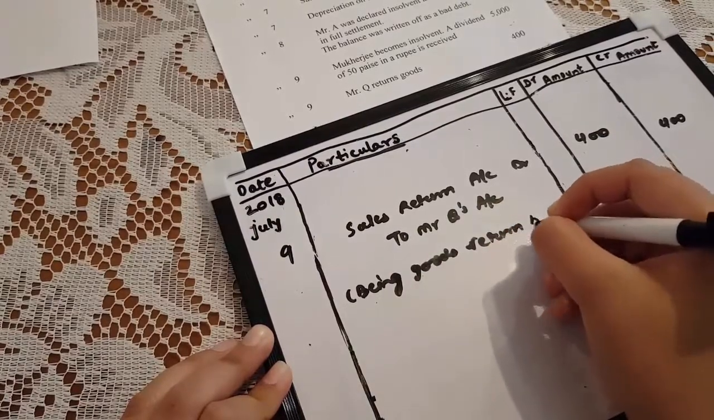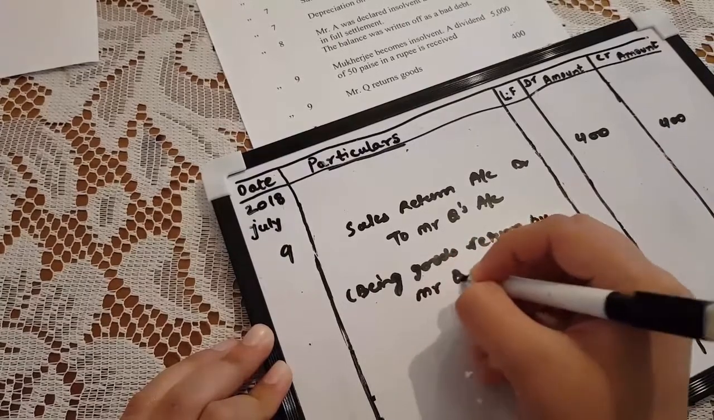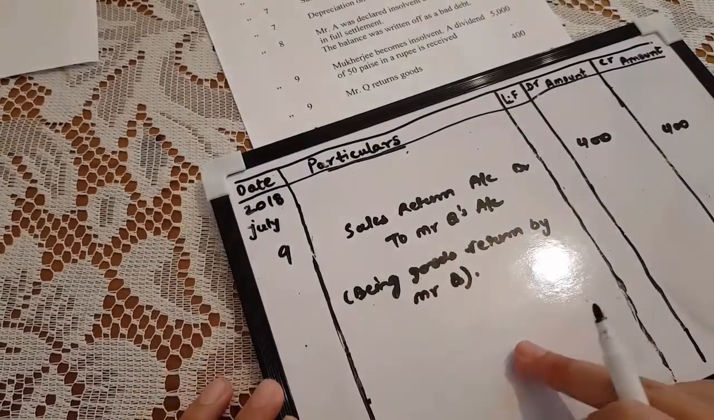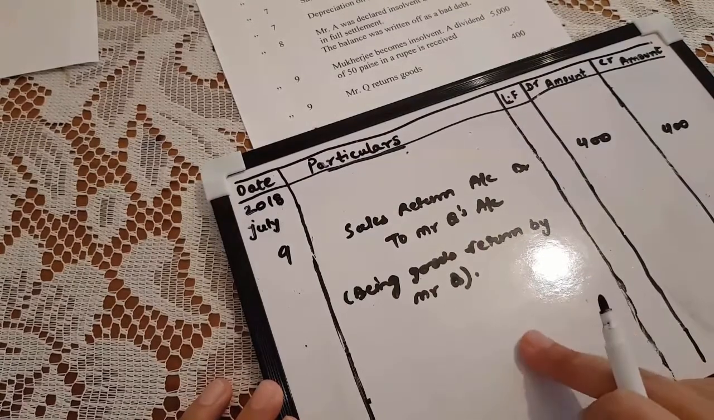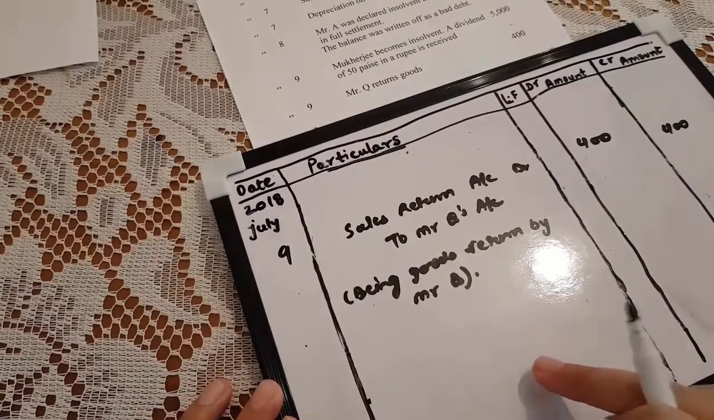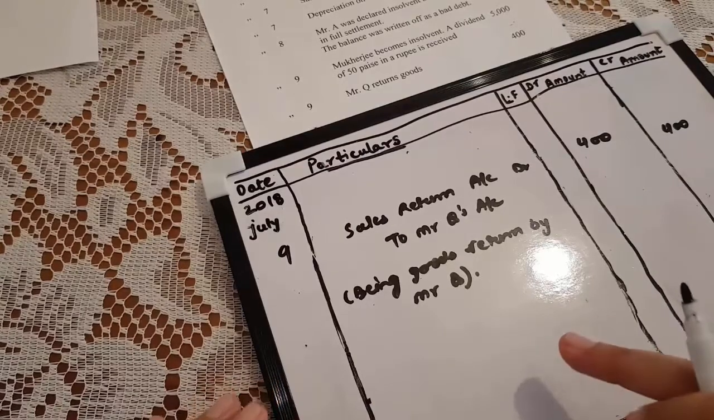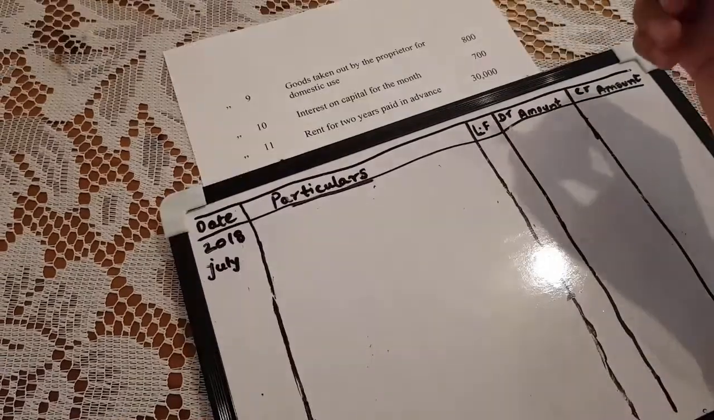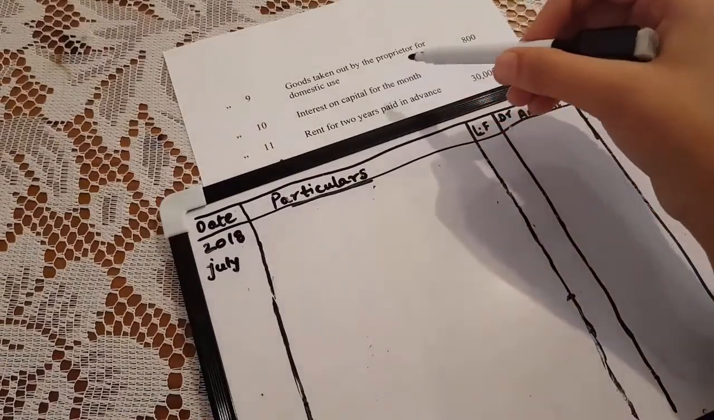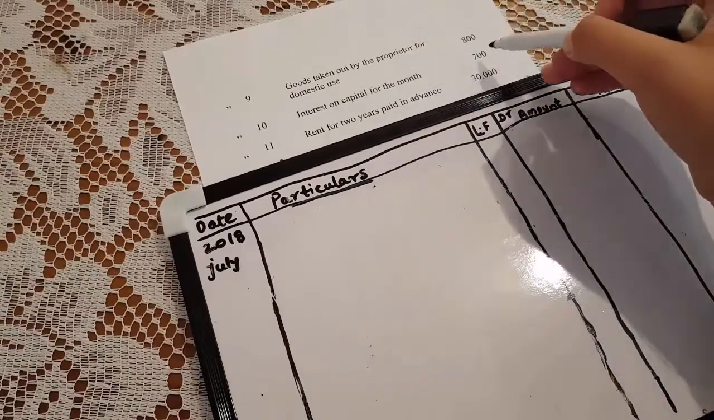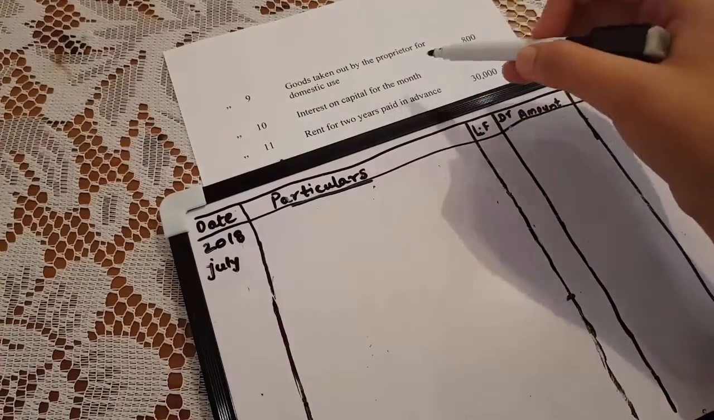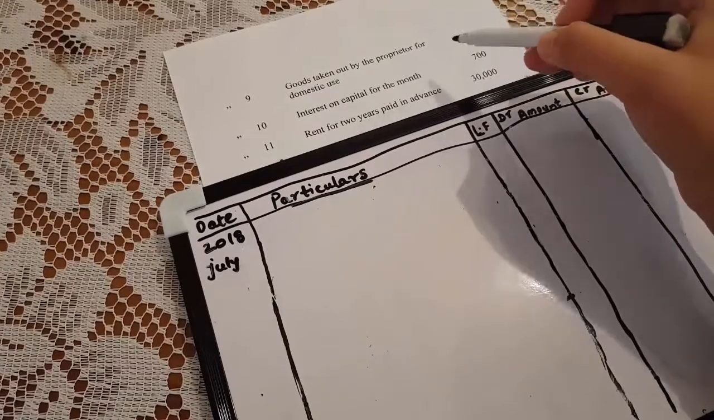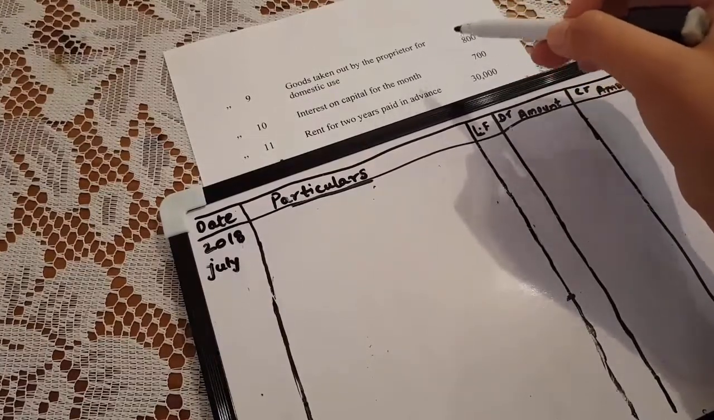returned by Mr. Q. When the goods were sold to Mr. Q, in that case sales account will be credited because goods were going out, but in this case goods are returned by Mr. Q. Sales account will not be debited, sales return account will be debited, which means goods are coming in. Next transaction is goods taken out by the proprietor for domestic use, that is rupees 800. Here proprietor is withdrawing goods for his or her personal use. In this case drawing account will be debited and purchases account will be